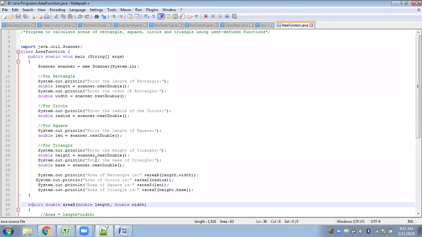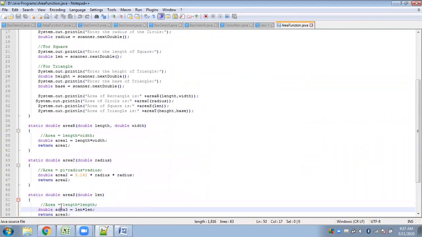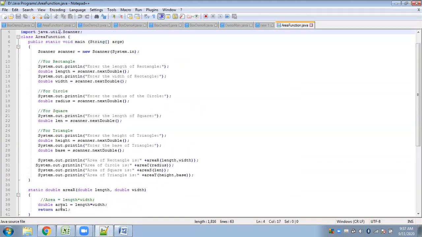If you remember this program, all the separate functions that have been designed to calculate areas, all these four functions were being called from the main function itself directly. If you can see, this is a function calling statement, area R. So this was for calling the area of rectangle.